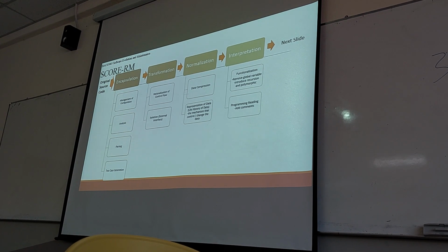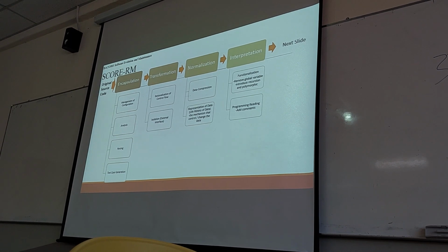Normalization is to reduce redundant data. This is performed on the existing database, to reduce redundant data, to identify the relationship between the data, and also to check the control,